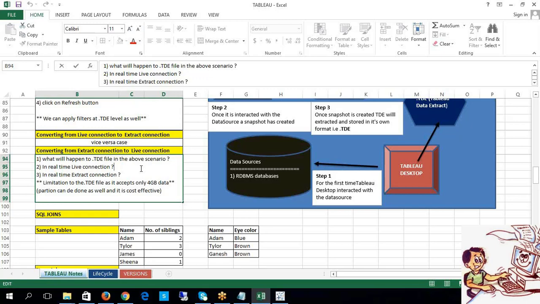Bhargavi, yes please. Last time you were giving an example, like if we choose the extract connection, we can delete the source data. You can delete it manually. I'm saying manually you can delete it. So in this case, if we delete the source data, if we go back again to the live connection, how will it choose the